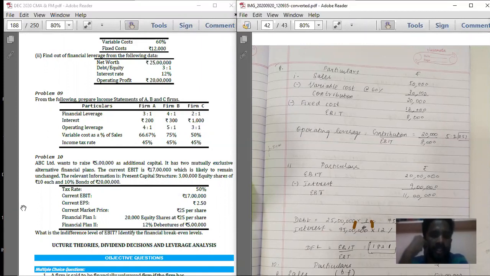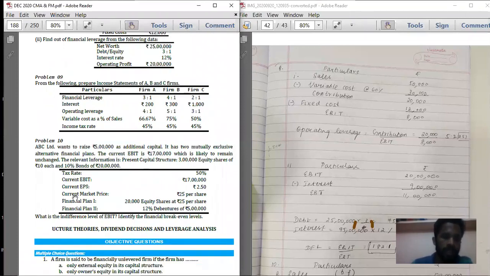And it wants to raise extra 5 lakh. And the current EBIT is 17 lakhs. That is what is explained in the paragraph. And in the tabular column, tax rate is 50%. Current EBIT is again told as 17 lakhs. Current EPS is 2.5. So 17 lakhs divided by what is the total number of equity shares? 3 lakhs. So 17 lakhs divided by